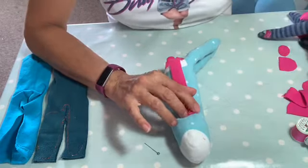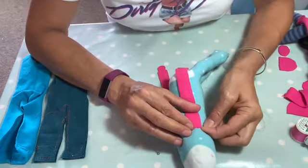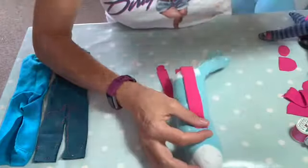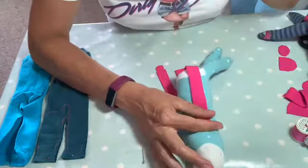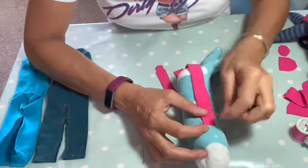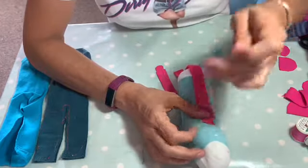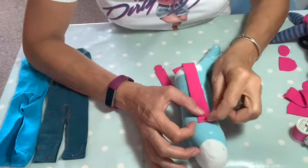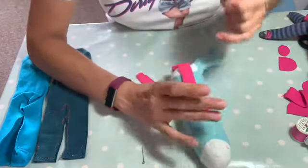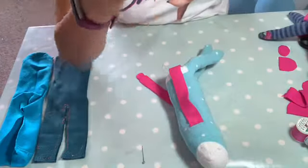I've gone over it at the end twice. And now just going to go in and out, in and out, in and out. And that should hold the arm in place. Go over the end a couple of times. I've used a pink thread here so it merges in, but you can use a contrasting thread. Gone over twice, let's go over a 3rd time. And remember that trick of going back through the loop. Back through the loop, then I can cut